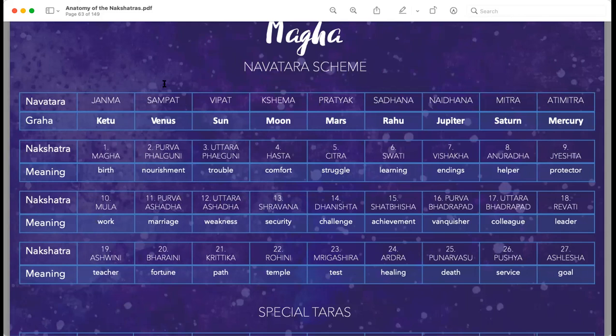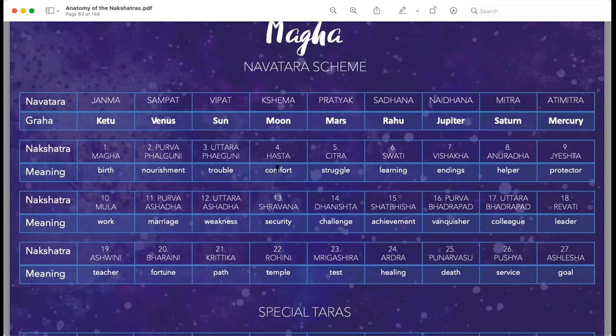So Venus rules the second nakshatras from the Moon. These are the ones that are going to give you money, because this gives you second and 11th house stuff. Vipat is a difficult one. So Sun for Magha nakshatras is not a very good planet. It gives you 8th and 12th house feeling. This kind of makes you strong as you get mature. So you go through this difficulty in order for things to get better.